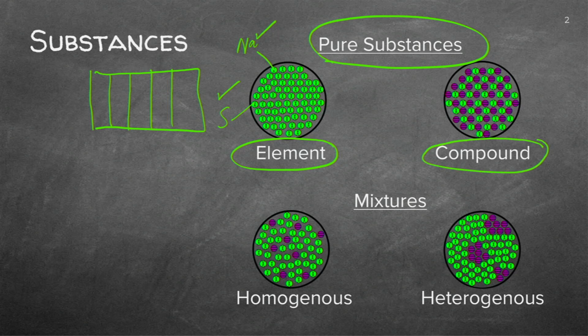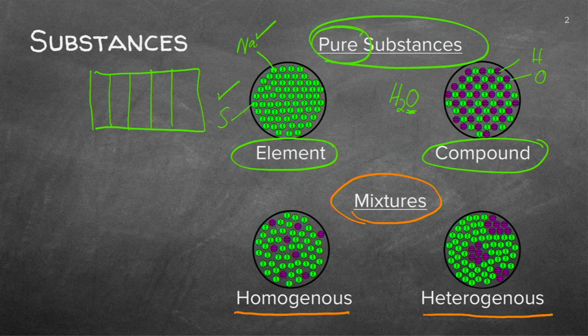We can also find a compound that's pure. Let's say, for instance, we've got water. So we know we've got two hydrogens for every oxygen. And there you can see it's only H and O. So it forms the compound, it's molecules. So those are the pure substances. But we can also find mixtures where we actually have more than one atom. So there's a difference between a homogeneous and a heterogeneous mixture.